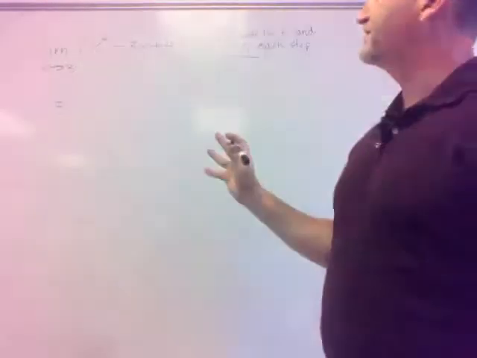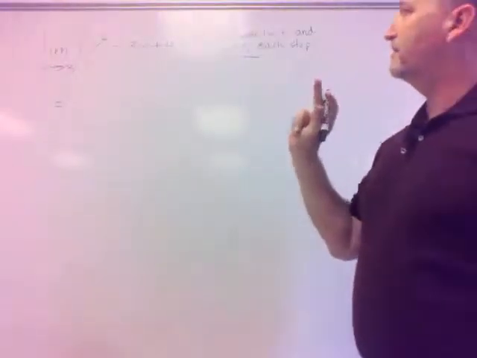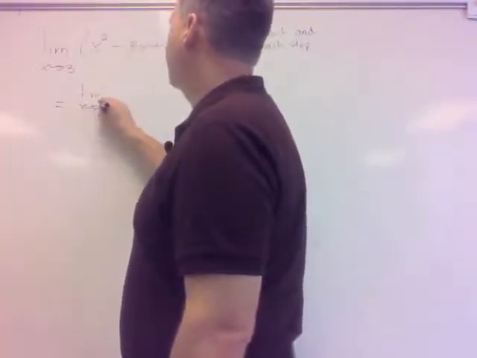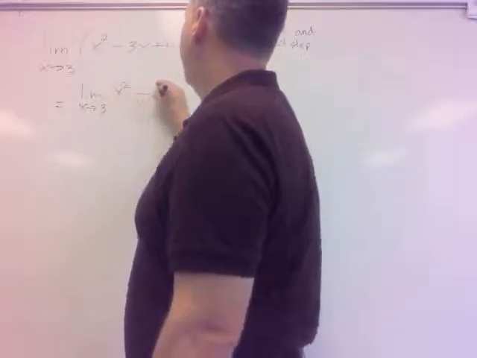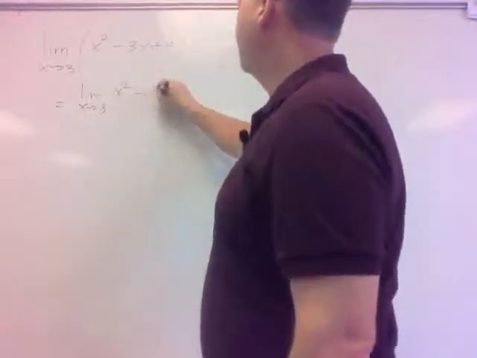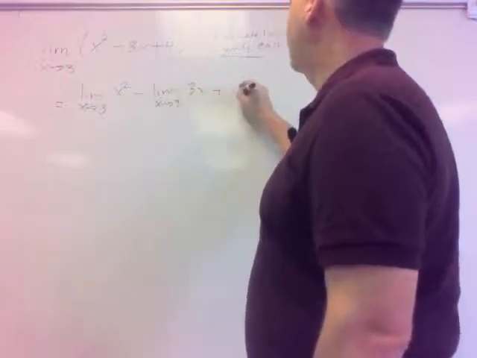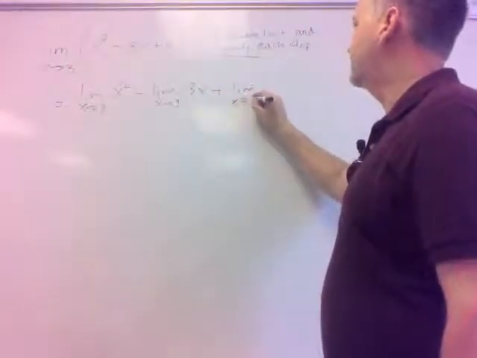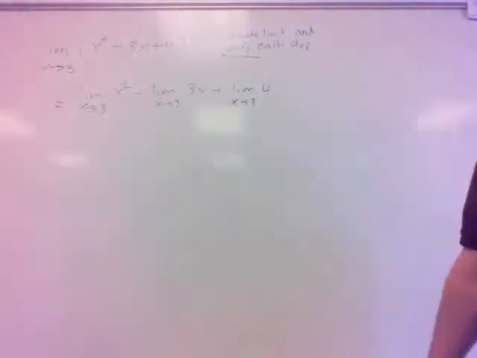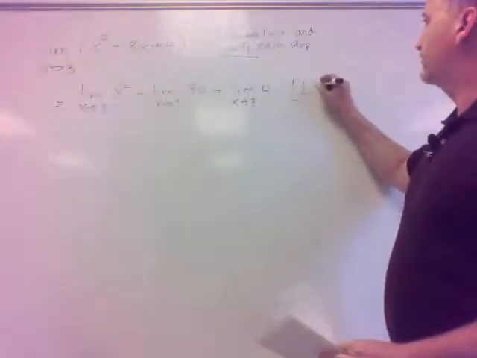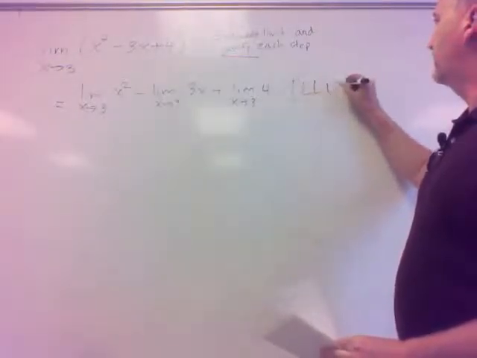Because step one would say, well, by which limit laws can I do this? Limit as x approaches 3 of x squared minus the limit as x approaches 3 of 3x plus the limit as x approaches 3 of 4. What limit laws enable me to do that on the sheet? The first and second ones, right? Limit law 1 and limit law 2, LL1 and LL2,